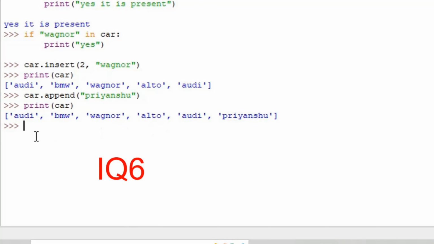This is a basic interview question asked by everyone: what is the main difference between the append function and the insert function. When we use the insert function, we insert our item at a specified index in the list, whatever index we have defined, like here we defined the car index. But in the append function we do not mention the index, because by default whatever element or data we want to insert inside the list will be directly inserted at the last index, meaning it will be inserted after the last index. Here my last index was Audi, so it will be added after Audi. So we have seen the concept of insert and append.